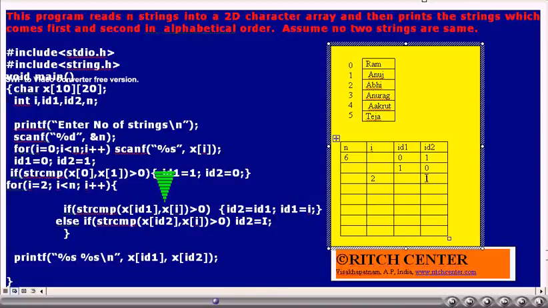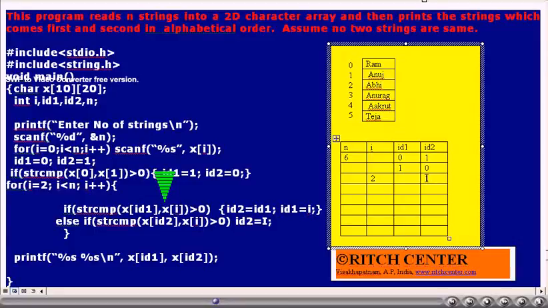Now, the current string x of I, that is Abhi, is compared with x of id1, that is Anuj. As Abhi comes first in the alphabetical order compared to Anuj, the current value of id1, that is 1, is assigned to id2.